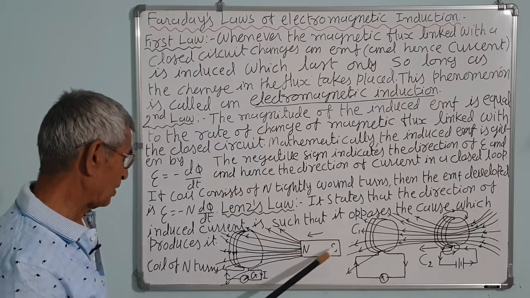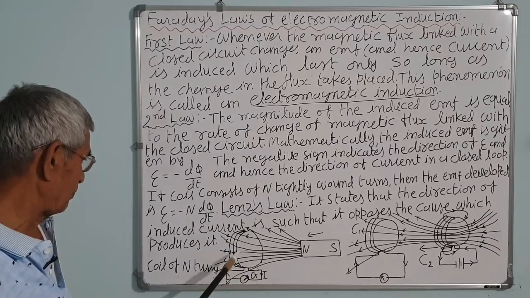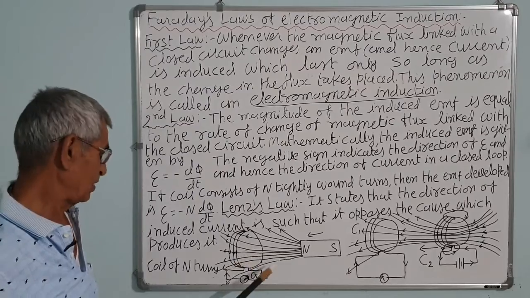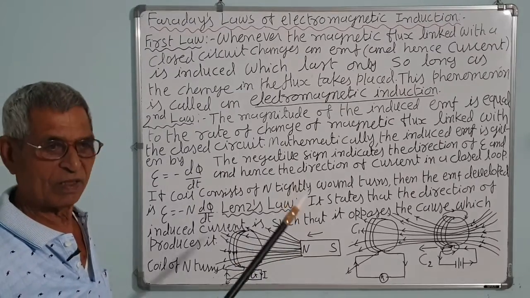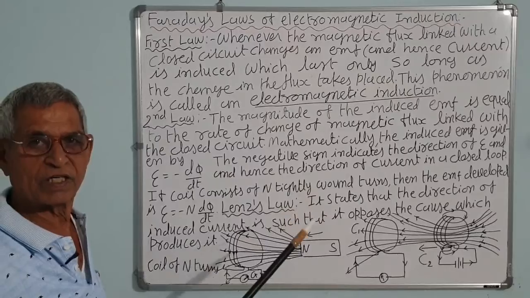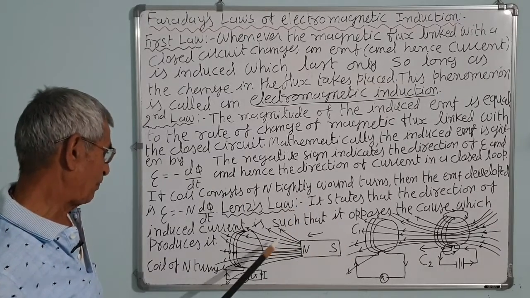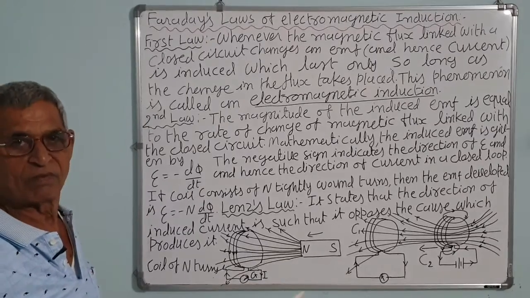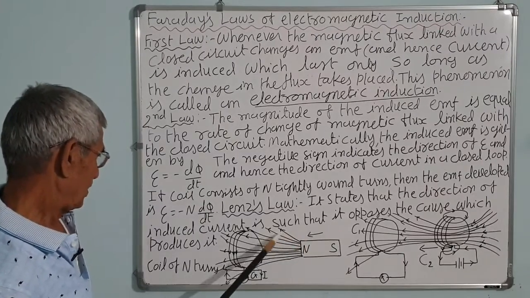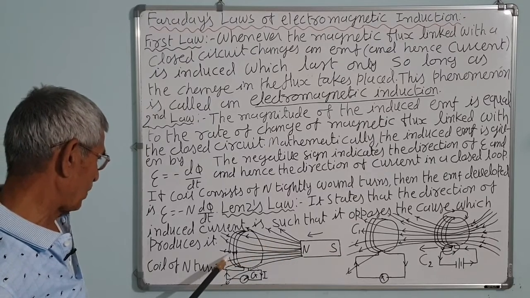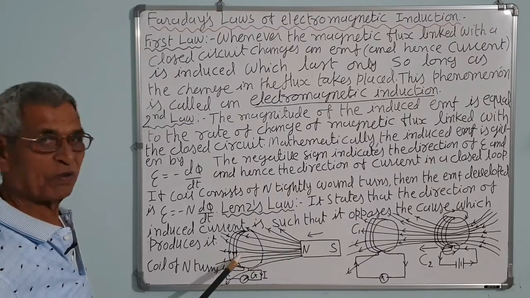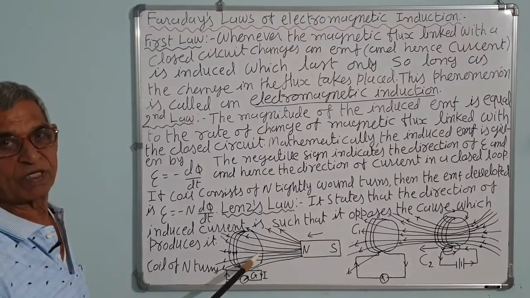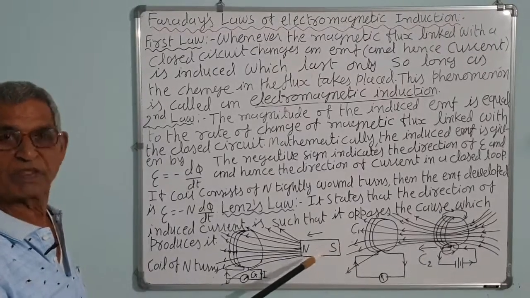So here in the figure, if you take the magnet and the coil, this is Faraday's experiment. He produced electricity by magnet and the coil. Actually, he was doing some experiment with electricity, and out of frustration, he threw a magnet that ultimately fell into the coil which was connected with the galvanometer, and the galvanometer showed momentary deflection. From this, he started experiments, and he showed that if the magnet is moved towards the coil, current is produced. That is, it is produced due to the relative motion of magnet and the coil. If there is no motion, no induced EMF is generated.